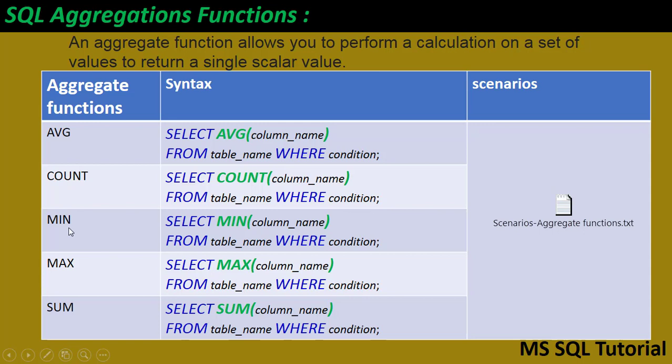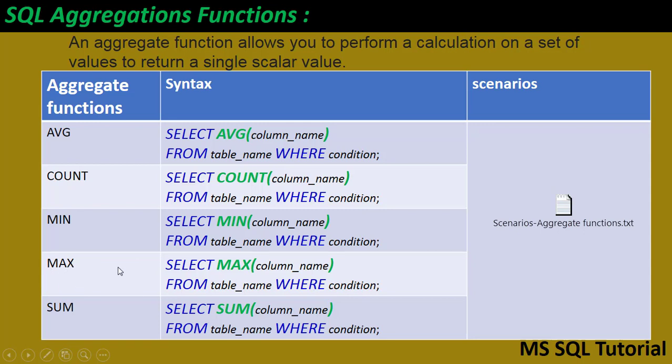In the same way, as I said previously, with GROUP BY and HAVING, if there are multiple columns that we want to group by, at that time we use the HAVING clause. Right now, we're not using GROUP BY and HAVING in our scenarios. Now we'll see the minimum aggregate function syntax. If I want to get the minimum salary from the employees, I can use SELECT MIN column name FROM table name WHERE condition. If I want the maximum salary from the employees,